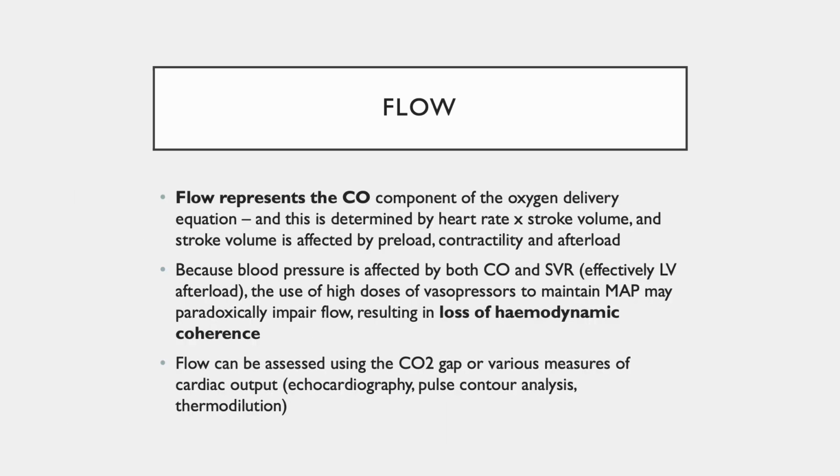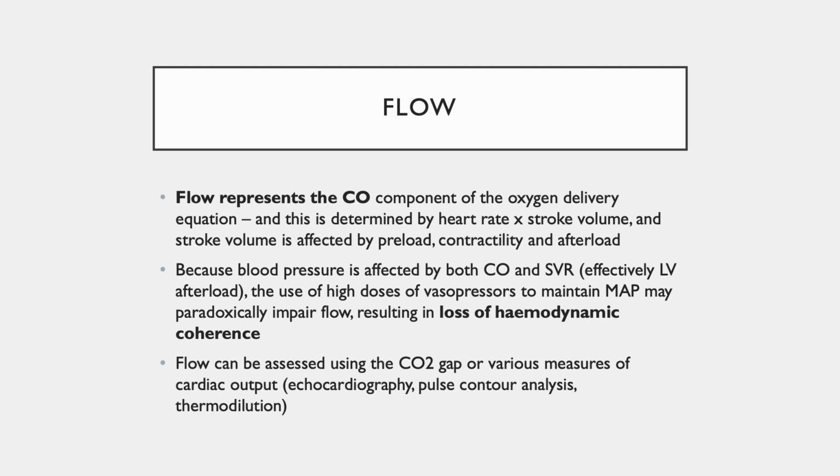After considering pressure and oxygen delivery targets, the flow target relates to cardiac output, which sits as one of the important components of the oxygen delivery equation as previously discussed. The importance of paying attention to a flow target is that in certain clinical situations, like in cardiogenic shock or mixed shock, focusing solely on a blood pressure target can paradoxically impair global blood flow and hence tissue perfusion, resulting in a state of hemodynamic incoherence where blood pressure goals may be met at the expense of global cardiac output